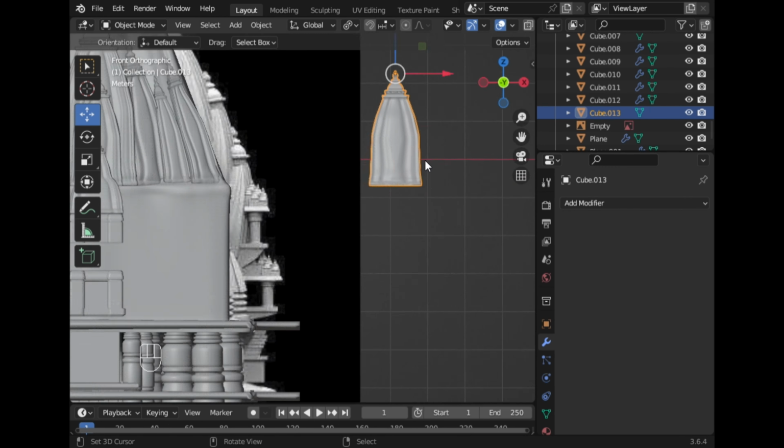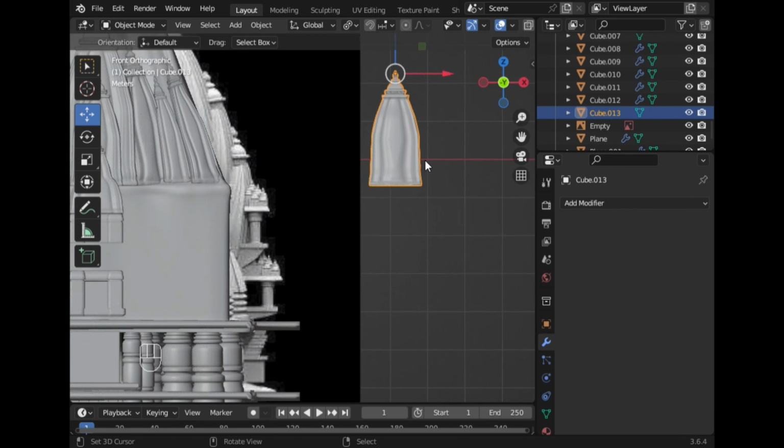So now with the base selected, we need to make the walls of this base first. So we are going to select these faces right over here, and we can simply extrude them along the Z direction,